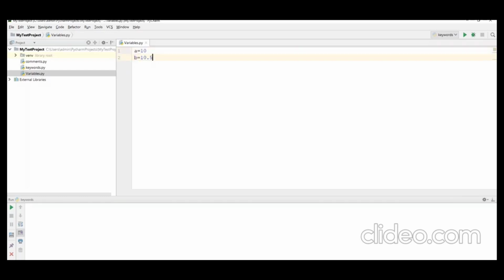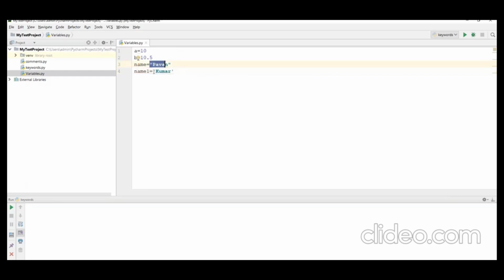Similarly, I will also define one more variable, let us say name. Strings can be included either in double quotes or in single quotes in Python. But in Java, we cannot store strings in single quotes; there we can only store characters. Here, within single quotes or double quotes, we can store strings. This is right. Also, suppose name1 is equal to a name in single quotes. This is also a right notation in Python.